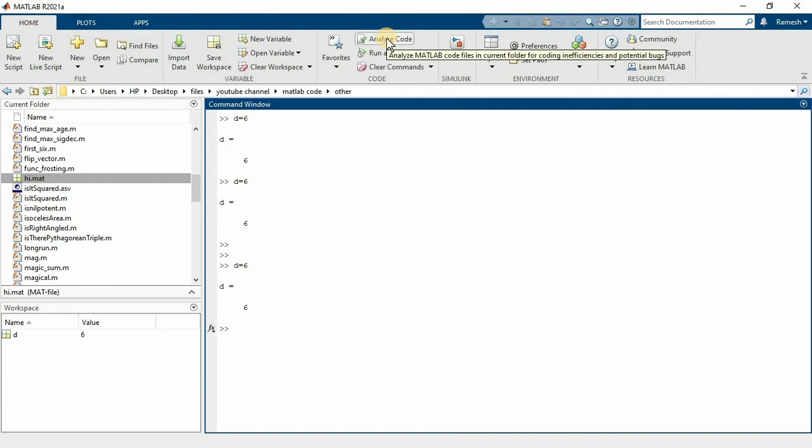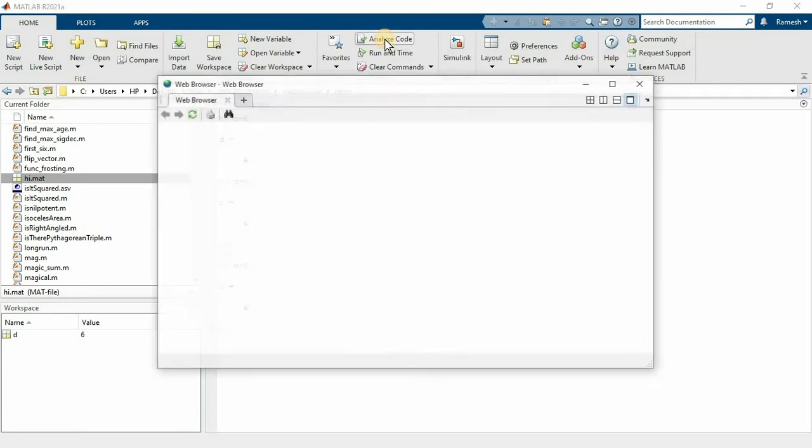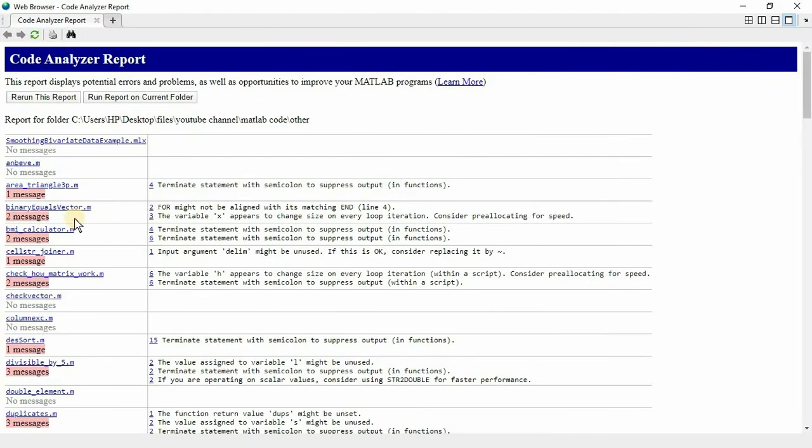Once you click here, it opens a new window. Here you see if any program has any type of error or warning. For example, terminated statement with semicolon separation to function. There is a clear definition: the report displays potential errors and problems as well as opportunities to improve your MATLAB program.